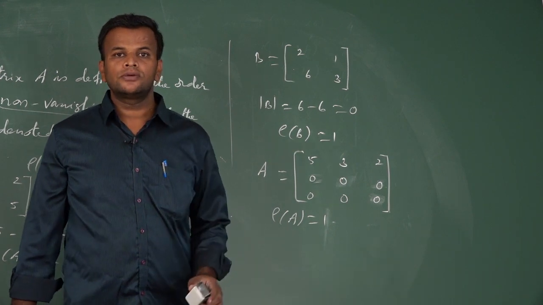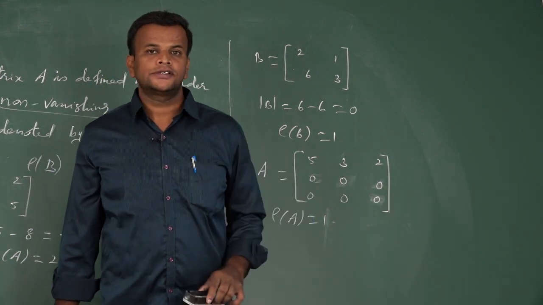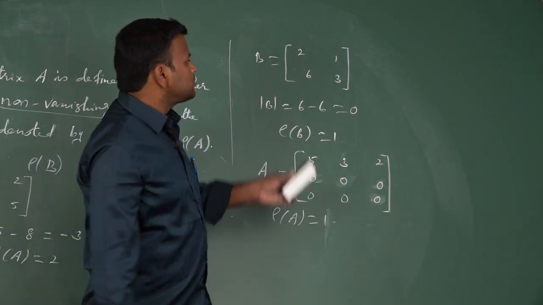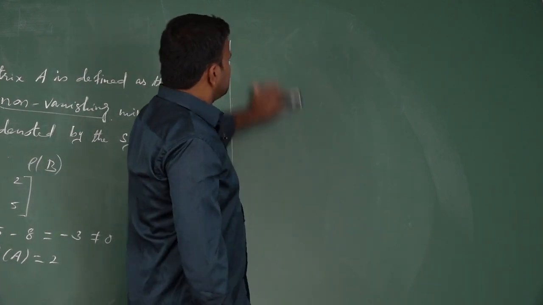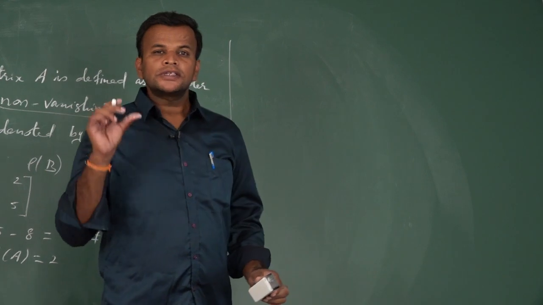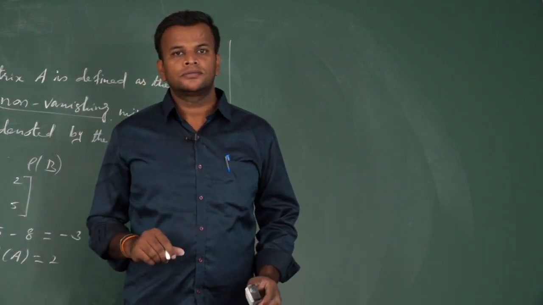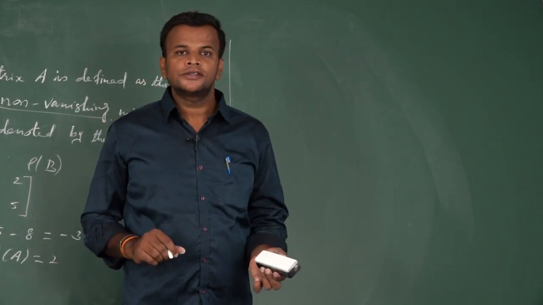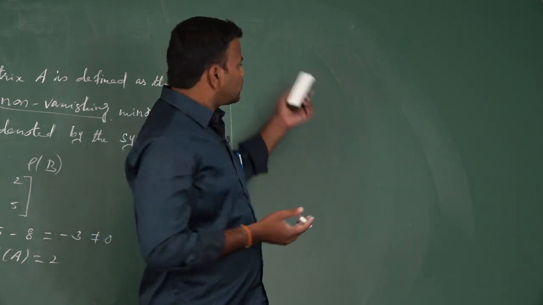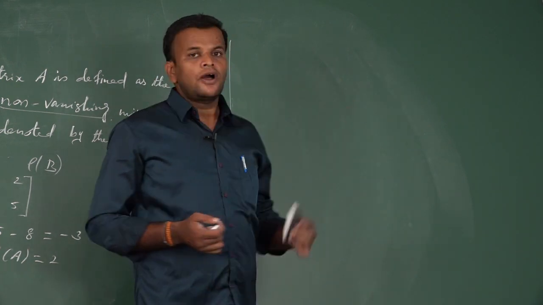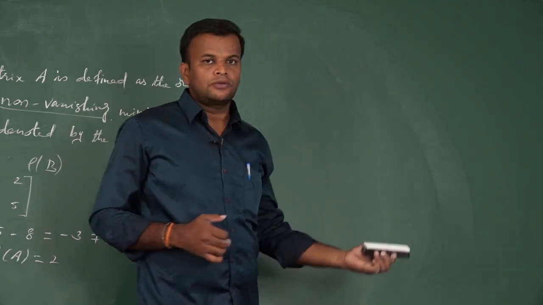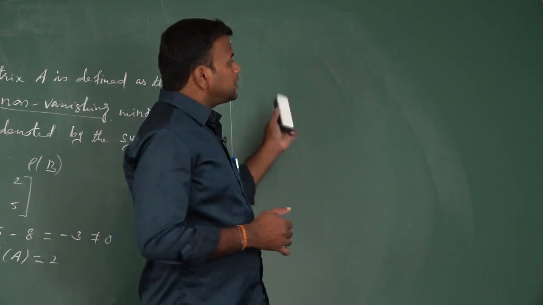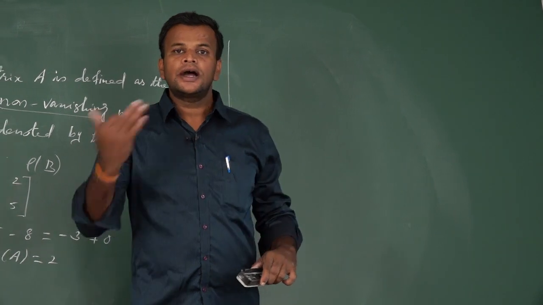This is a working rule to find the rank of a matrix. There are two methods to find the rank of a matrix. The first one is to minimize the given matrix order, and the second one is to interchange the rows using elementary operations. We reduce the given matrix in one way, and elementary transformation of the matrix is the other way.